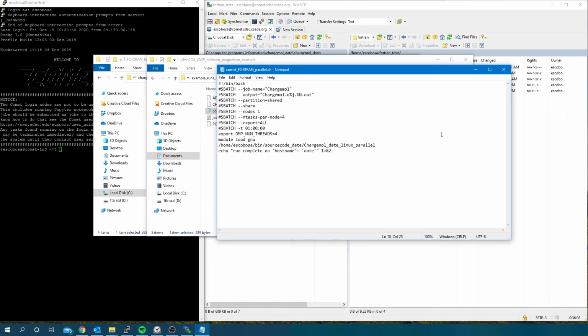When setting it up, you need to specify the random access memory (RAM) requested, the queue name, the required computational time, and the requested number of computing cores. All the computing cores must be on the same compute node. The particular keywords for your Linux cluster may be slightly different from the keywords shown here, but the basic idea is the same. Then, use the command export space omp_num_threads to set the number of OpenMP threads that will be used. The next line calls the ChargeMol executable. Make sure to write the correct path where the executable is.